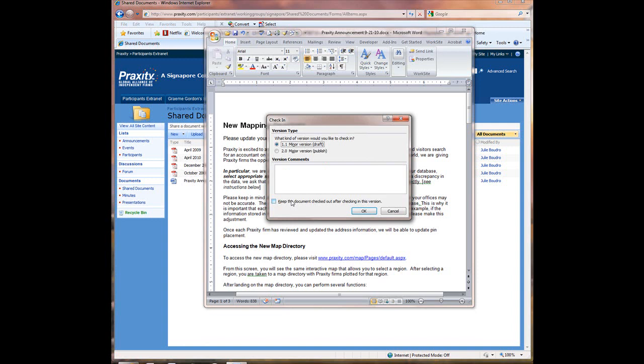Once again, I get a prompt to say, what kind of version would you like to check in? A minor version, which is just a draft, one that I may want to come back later and make changes to, or someone else may need to make changes to, or would I want to publish a major version, which means that everyone that has access to the working group site can see my changes. Once again, it's always a best practice to provide some version comments as to what has been modified. Once I've done so, I can click OK,